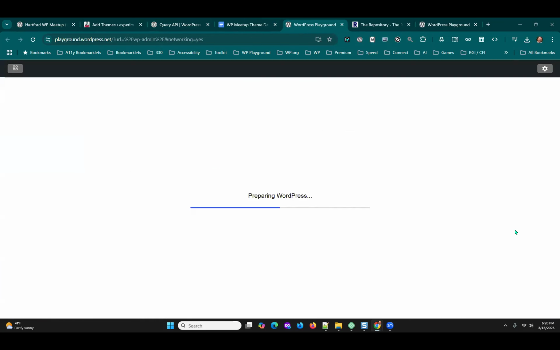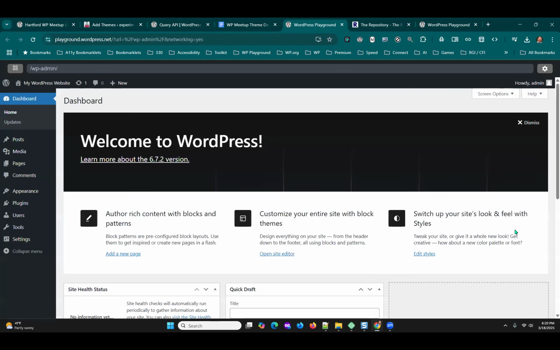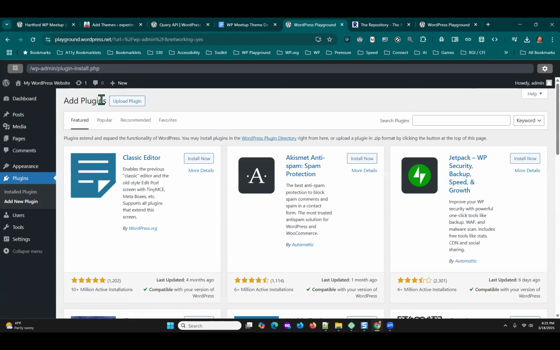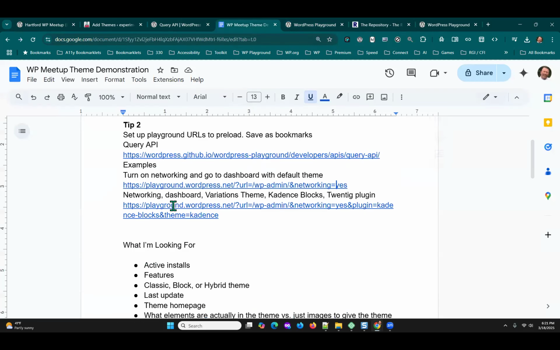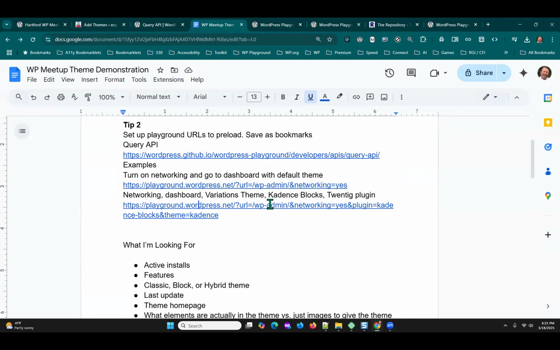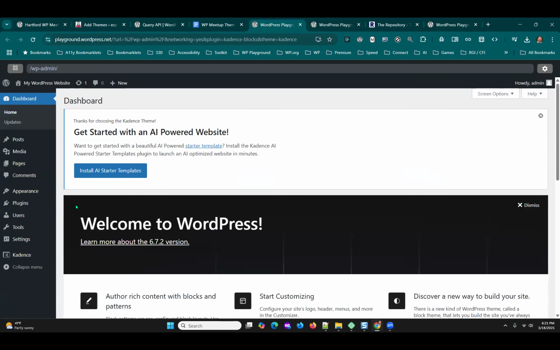Now if I go to this, I'm going to open up, and I told it go to the dashboard. It's on the front page, and now networking is started. I should be able to say add new plugin, and I should not get that message because it's in the URL to add networking. I took that one step further. Here's an example where this whole URL says go to admin, turn on networking, load the plugin Cadence Blocks, load the theme Cadence, and now when I go there,